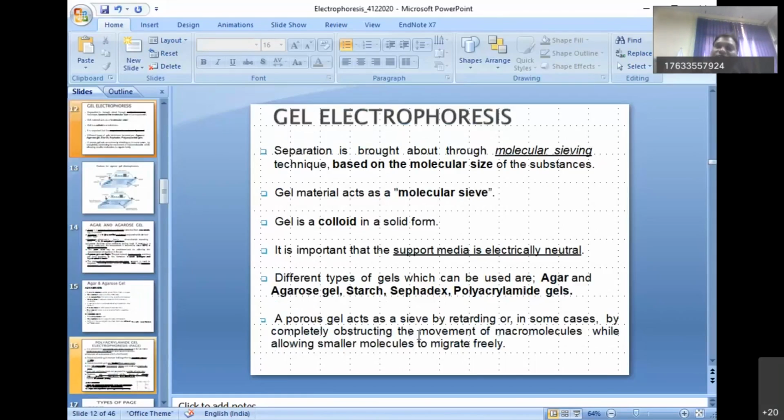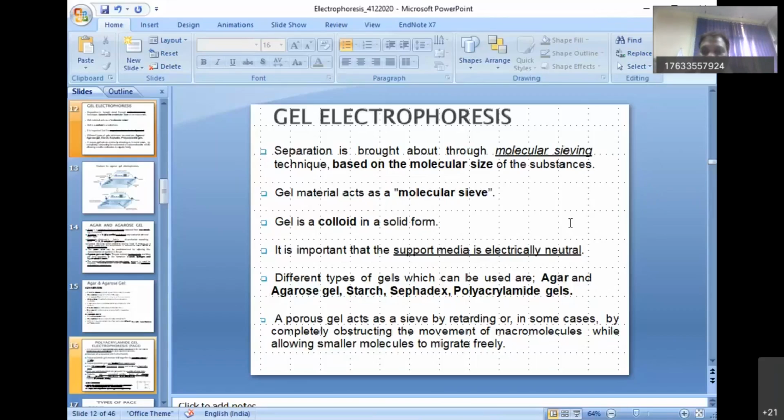So come to gel electrophoresis. Gel electrophoresis is the most commonly used in all labs. Basically, we use this electrophoresis for the separation of DNA or for protein also. When we do PCR, we want to check that when you amplify your product, the product is at the accurate size or not. And if you digested your DNA, and you want to check that the size of the DNA is correct or not, you can use gel electrophoresis.